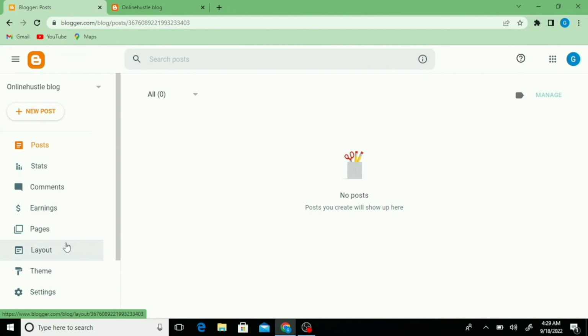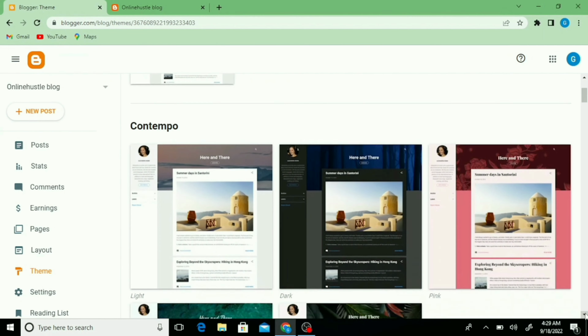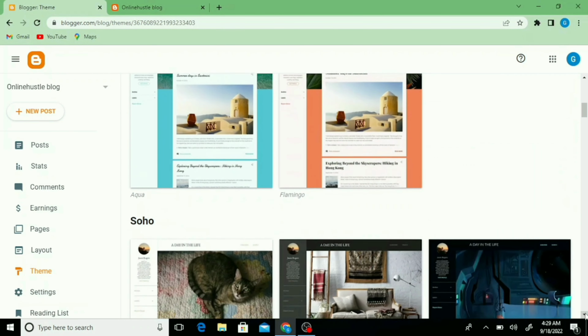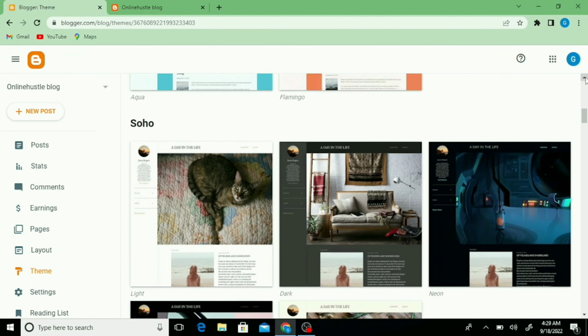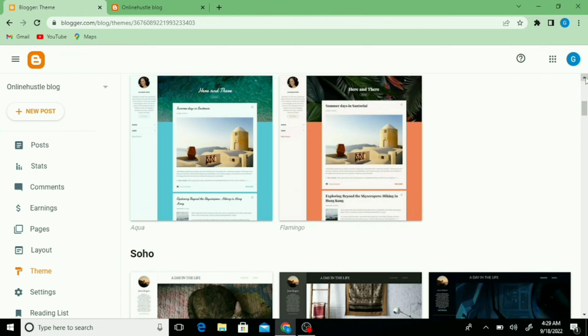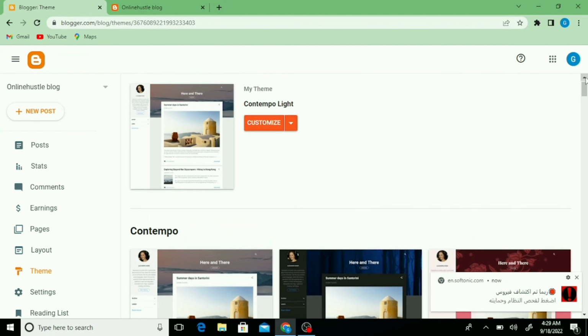Okay, you see where they wrote theme, you click on it, then you can see where they wrote customize. This is the theme that is showing up on our blog right now. So there are other free ones here you can actually use if you want, but to me, I don't like all these free themes provided by Blogspot. Okay, so for me to actually customize this now, I need to download another theme, so I will upload it on my